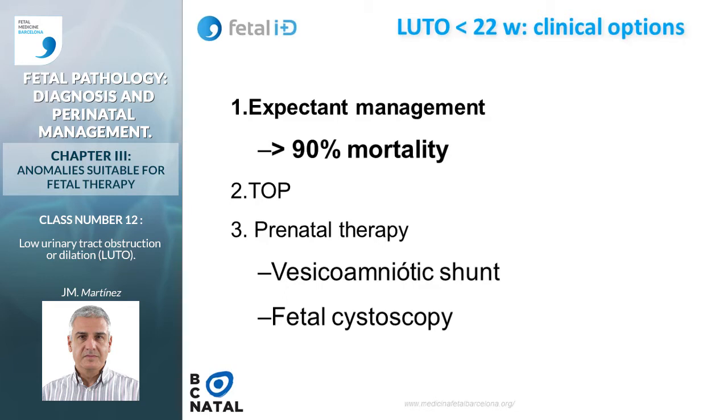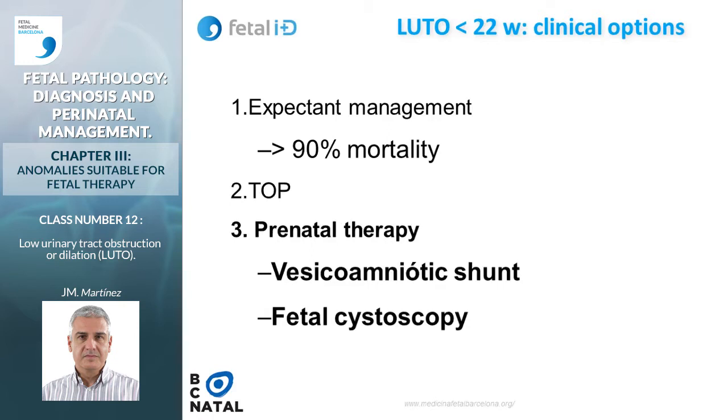If it is a pregnancy of less than 20 weeks, it has 90% of mortality rate. Therefore, an option that we have to discuss with the parents in an honest way, explaining the poor prognosis, and if the legality of each country and the committee allows it, let them know that they have the possibility of termination of the pregnancy. And, in selected cases with information, the parents can think of accepting a fetal therapy, which we will always propose as transient management of the pathology, and if it doesn't work, we could return